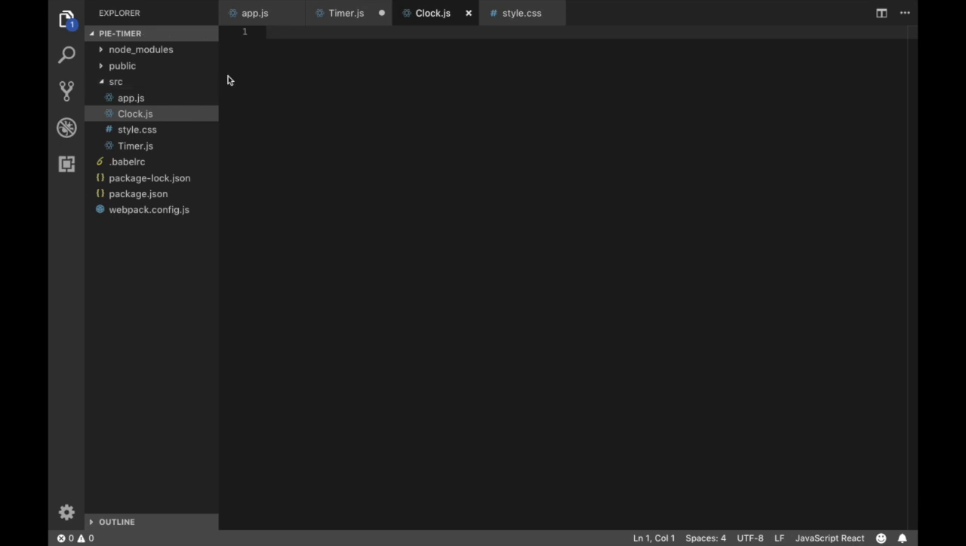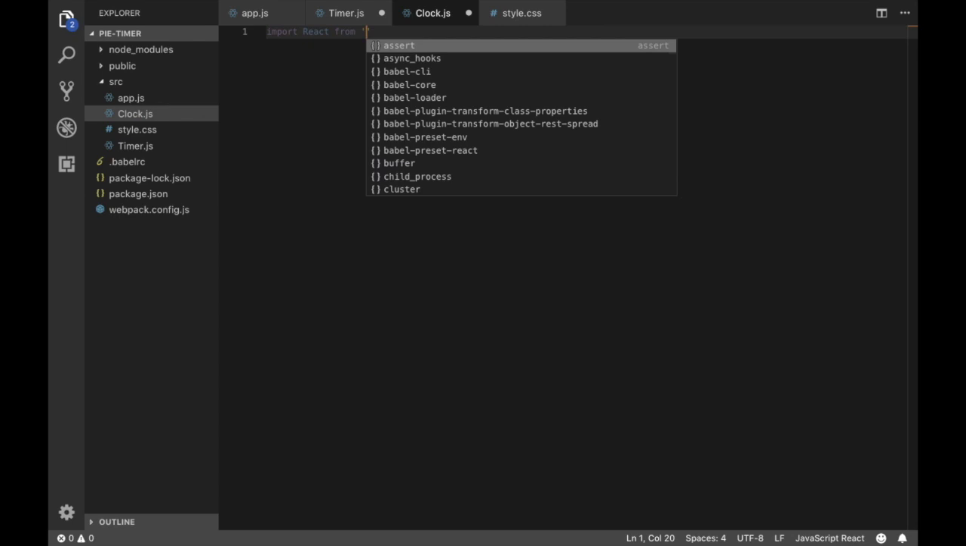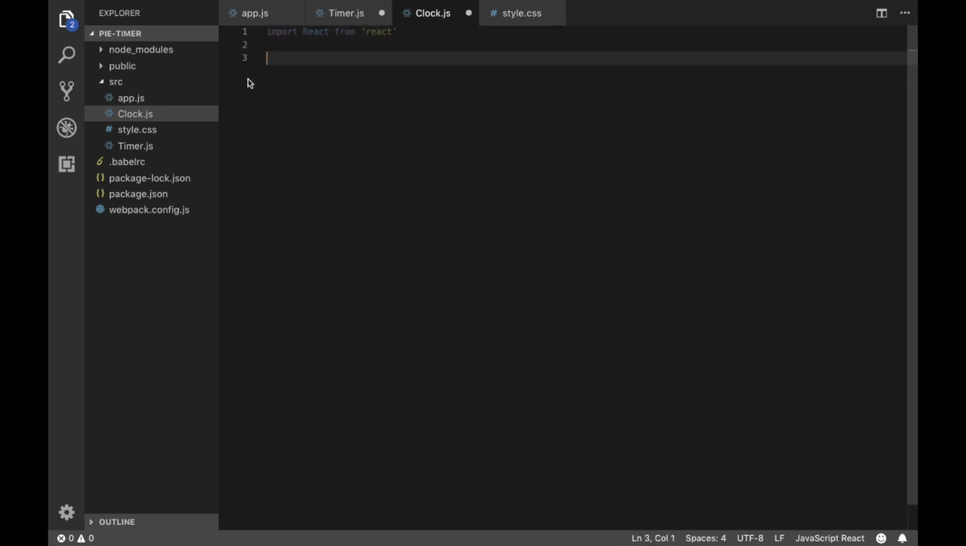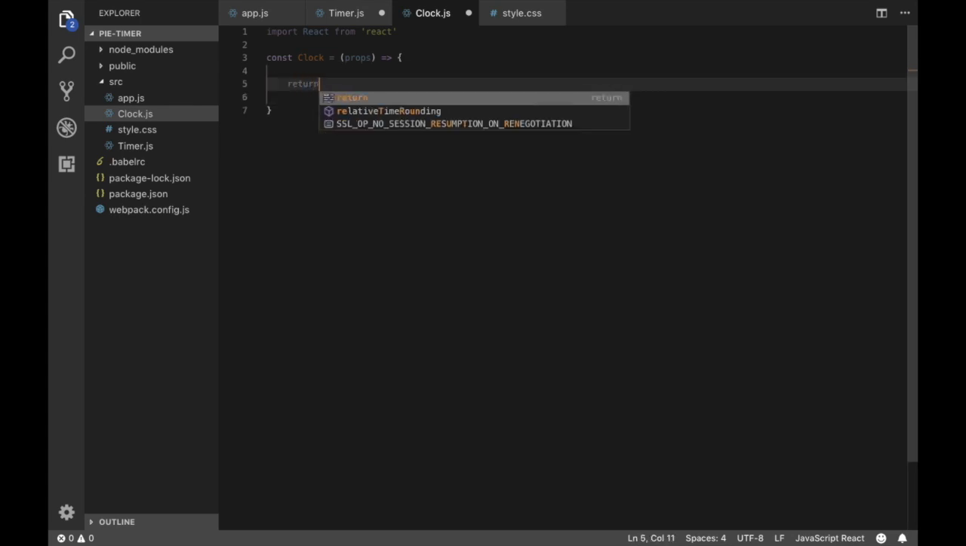Clock.js. Again, we need to just import React from React. And because this is a simple component, we're just going to use a stateless functional component, which is just essentially a function that returns some JSX. Simple as that. It just looks like an arrow function with props as the argument, and this is the inside of the function. So we're going to return,